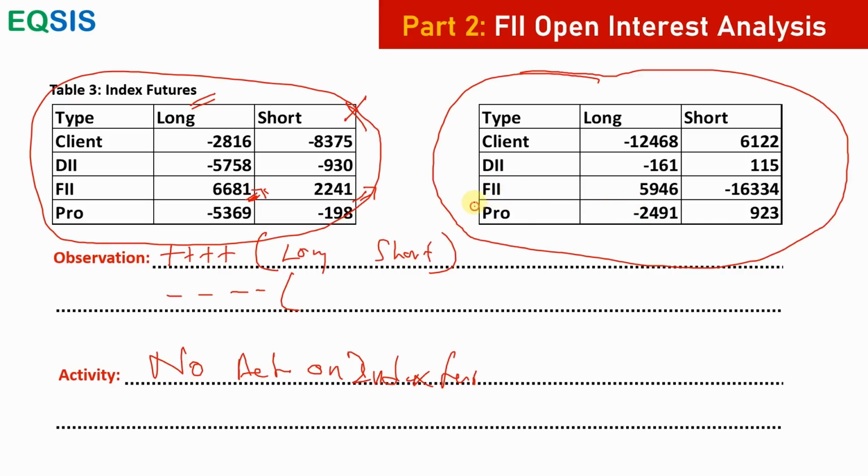I'm sharing my observation here now: any increase in open interest is because of FII. I don't say anybody can increase the open interest. If there is any increase in open interest, it is because of FII long and client short. So what I'm going to do is look at the index futures today